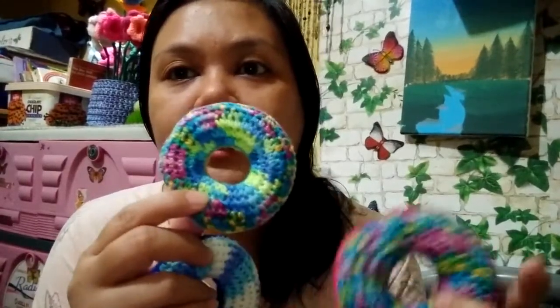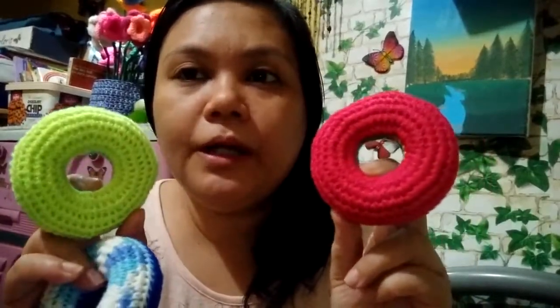So that is the smallest one, and then I have 3 for the medium ones. Some of them have a variety, I put together 2 variegated yarns. And then for the back part, I used the Love Nuts plain colored yarns. So this is the medium size. I have 3 of these. And then for the bigger one,